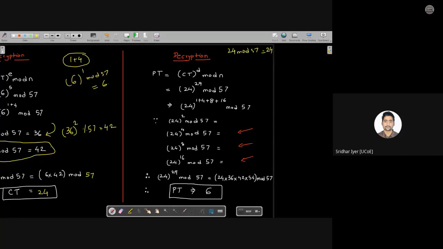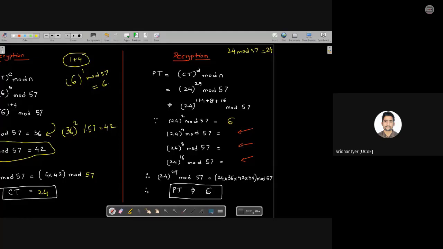Okay. I don't have the value with me right now because I've deleted that. So I just hope that you are correct. We will verify that. Obviously, I have already prepared the notes. We can verify later on. Okay, so we are getting 6 according to you people. So 24 to the power 2 mod 57 comes out to be 6 according to you.